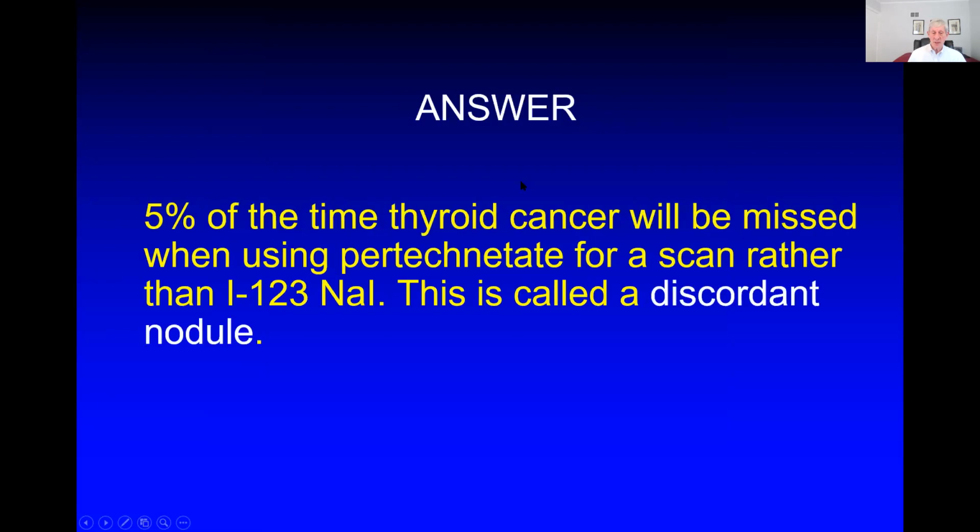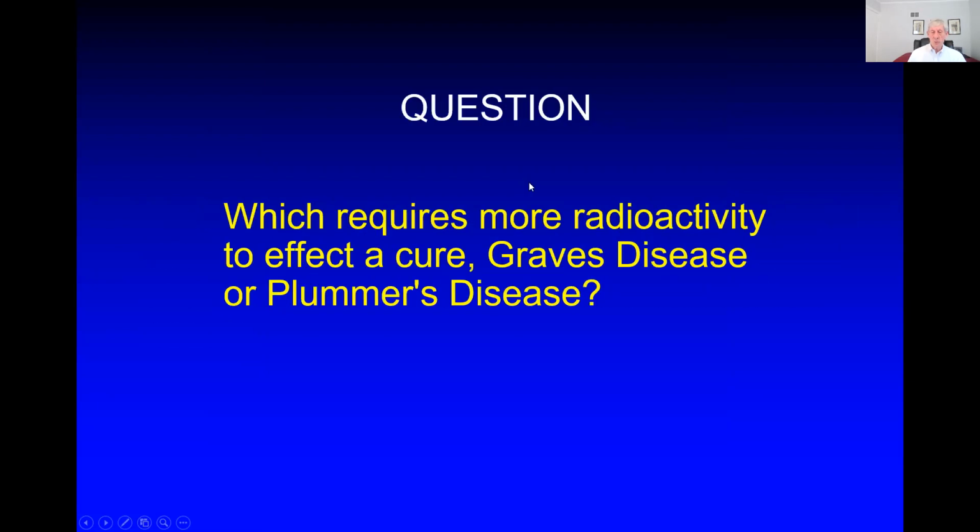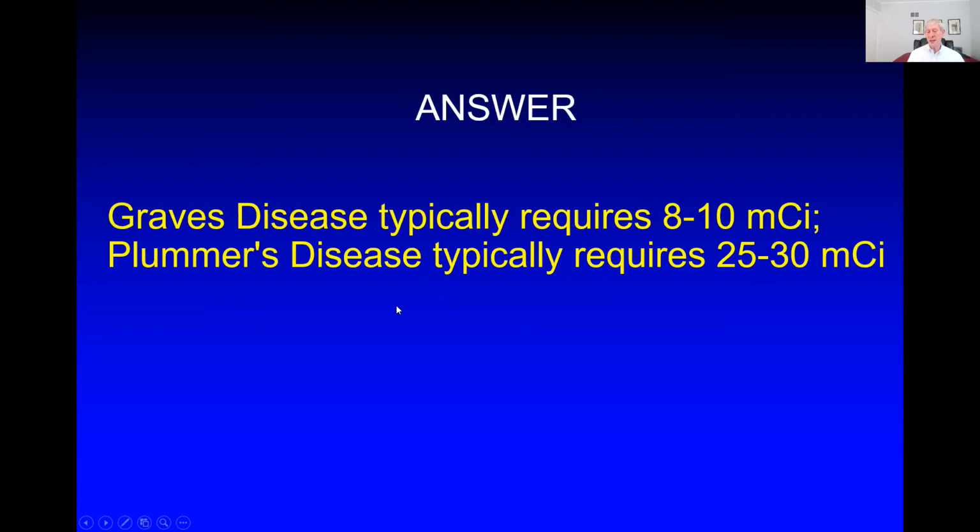Let me jump ahead. Which requires more radioactivity to affect the cure? That first scan we looked at, which was simple Graves' disease, or the second one, the hot nodules, which is Plummer's. Which one requires more? Plummer's. I think I heard, is it the Graves? Plummer's? So here's the answer. Graves' disease typically only takes 8 to 10 millicuries to cure it,